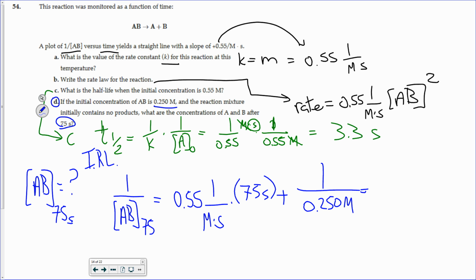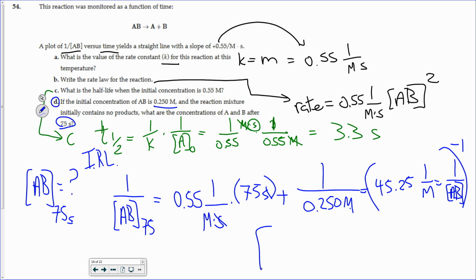So on the right, I get 45.25, right? And the seconds cancel out. I've got inverse molar and inverse molar, so the units are inverse molar. So that is equal to 1 over the concentration of AB. So if I want to find out what the concentration is, I take the inverse of both sides, so the -1. So the concentration of AB